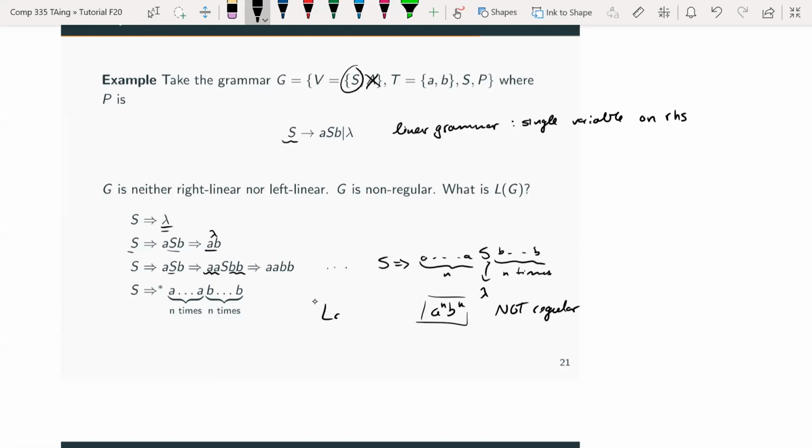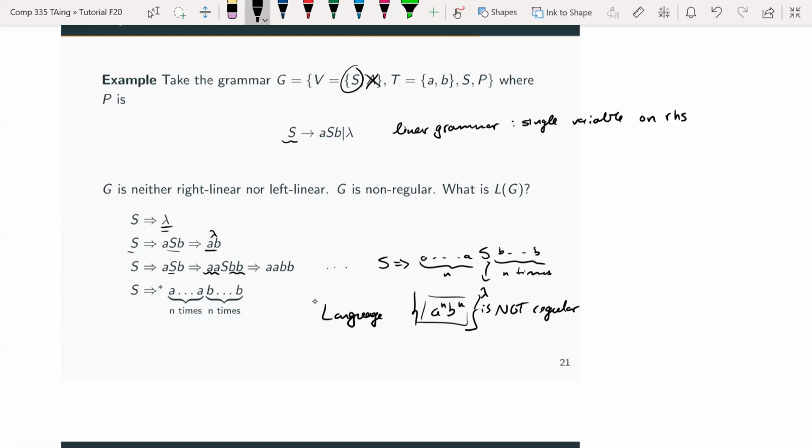So the language here, the language A^n B^n, is not regular, okay? So this is an example of a linear grammar that produces a non-regular language. But in general, for